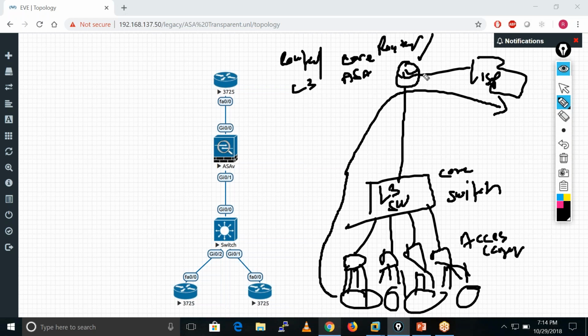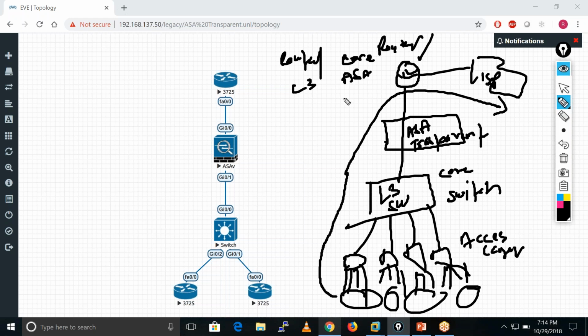Let's suppose this ASA firewall is not able to detect that particular attack going through it towards this server. In that case, sometimes for an extra layer of security, we put one more firewall, in our case an ASA in transparent mode.